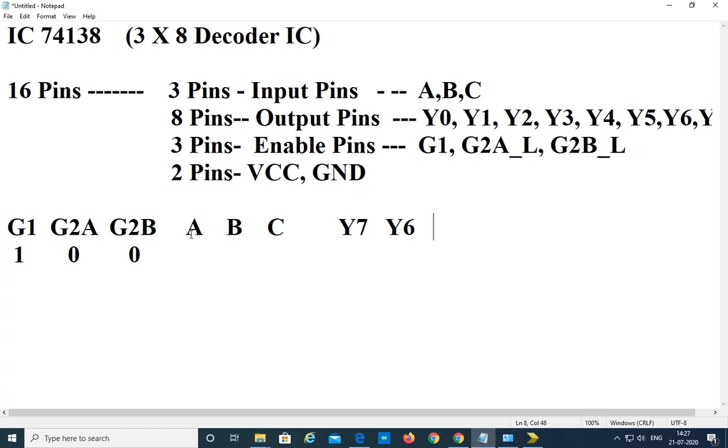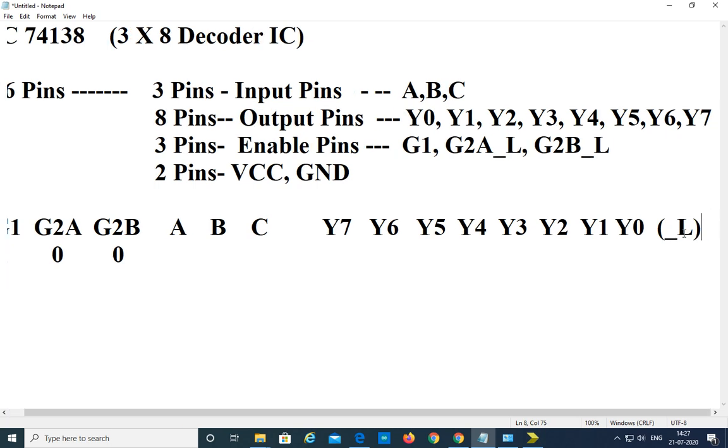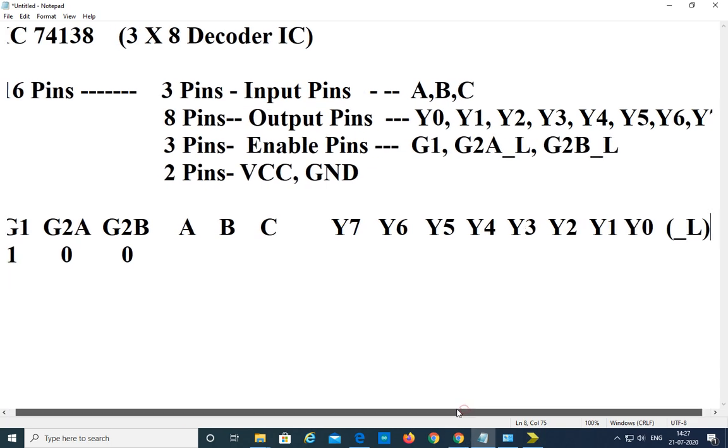Y5, Y4, Y3, Y2, Y1, Y0. Here these are active low. So to understand that, I am specifying here that these are active lows.